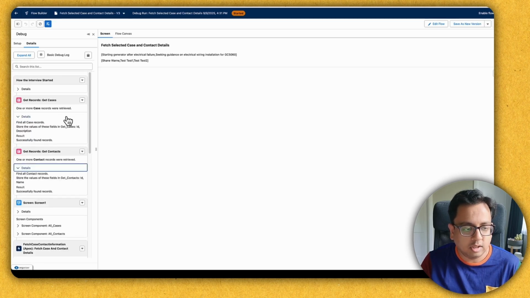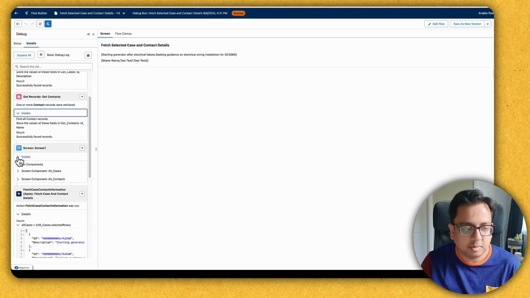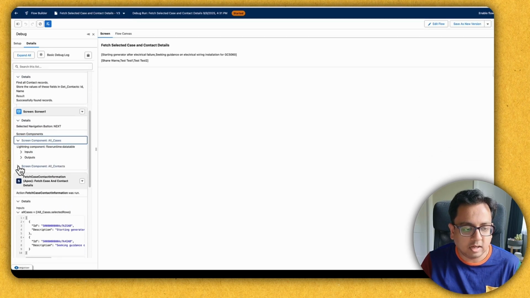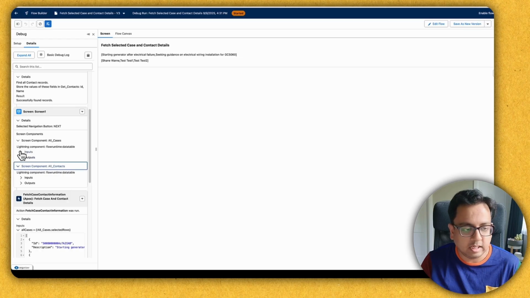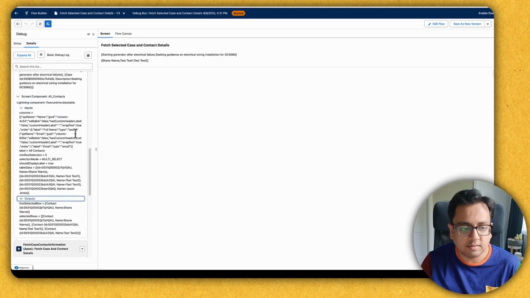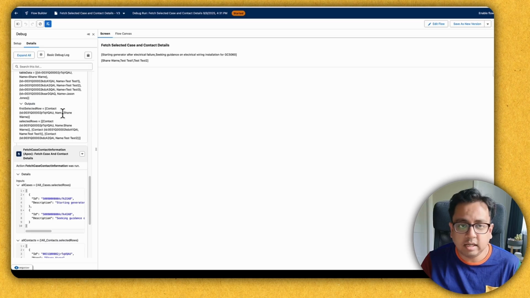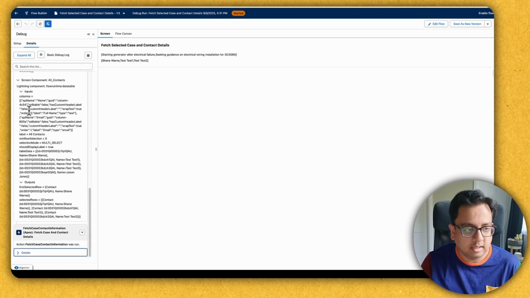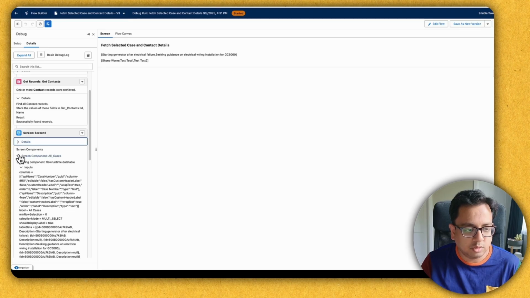As you can see here, I have these two get elements where I've fetched all the contacts and all the cases. This is my screen element where I have displayed the cases and the contacts. And for each of these data tables, this is the input and this is the output. The output is basically the row that I've selected from the data table. Now the selected output is passed to an Apex action. So this is the Apex action where you can see, if I close this